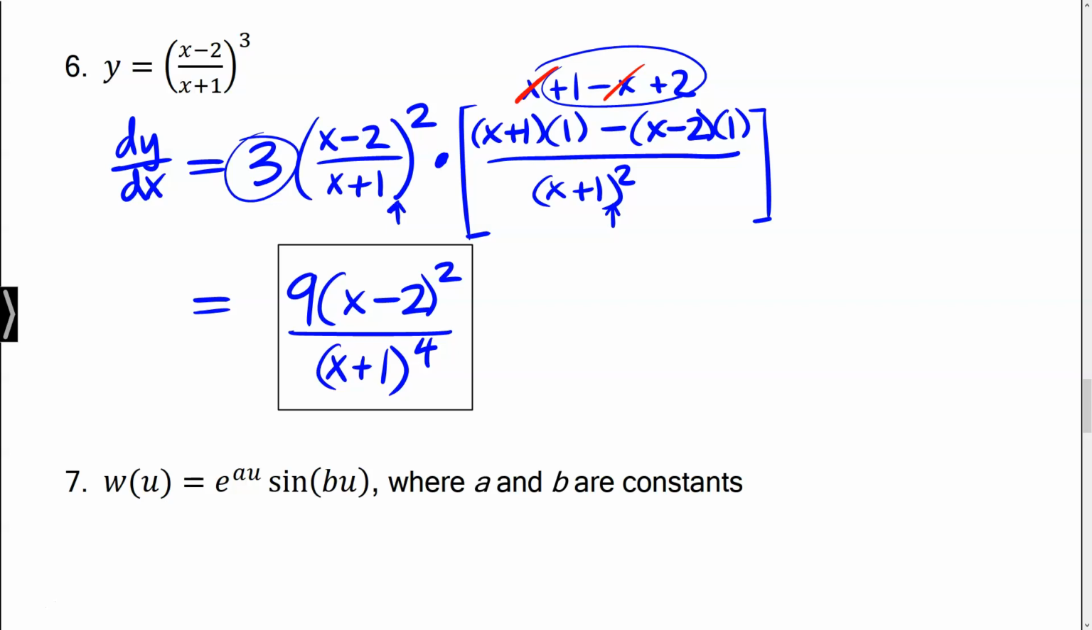So hopefully that gave you an idea of what it would look like once you're more familiar with this, when you're just writing it up straight from start to finish, quickly bypassing writing out the substitution. Now, in the next one, number 7,